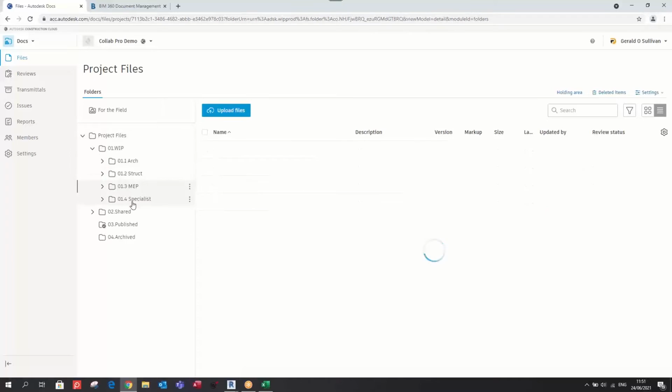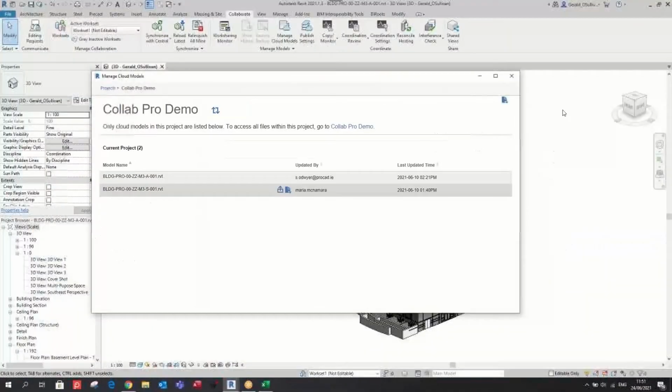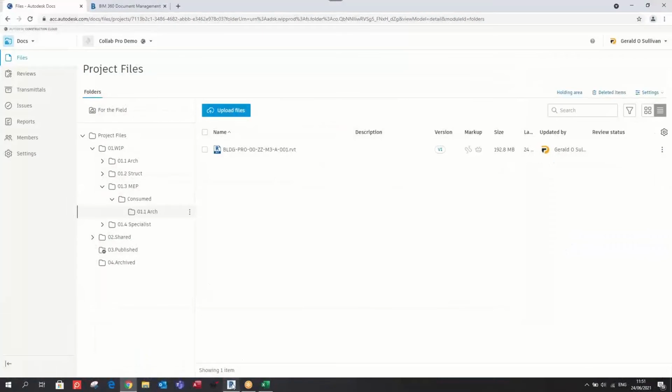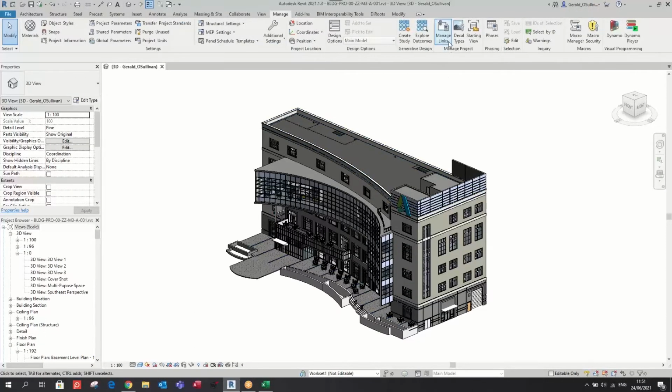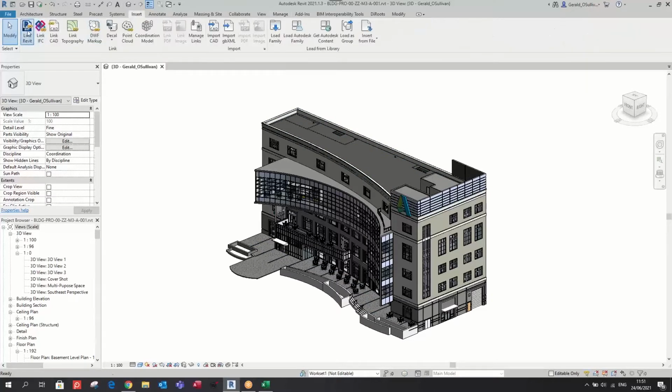So if I go to the MEP side, you can see that automatically you have consumed. You can see the architect, and now you can see that I'm after downloading that into my consumed area. So if I was the architect, or if I was the MEP inside here, and let's say this was my model, I could come inside here, manage links, or insert link Revit, and because it's working through the design for collaboration area, just give it a second to load,